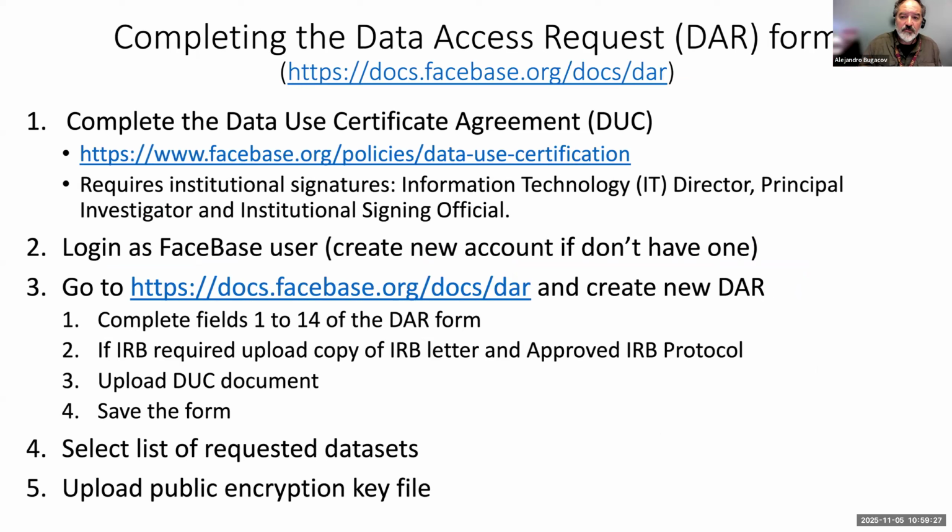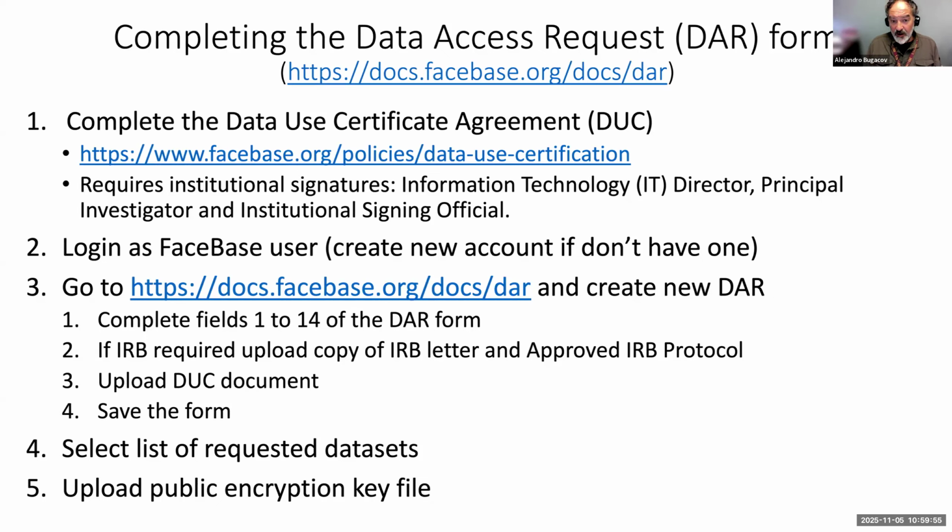You download that form and fill in your information. You need to get that form signed by your information technology director, you, the principal investigator, and the institutional signing officials. Right now we are in the process of changing some things, and now only the PI is the one that can actually sign and